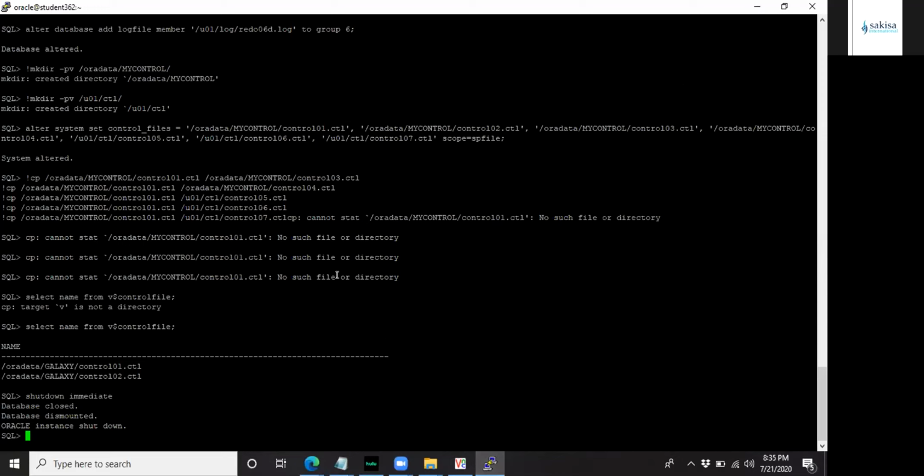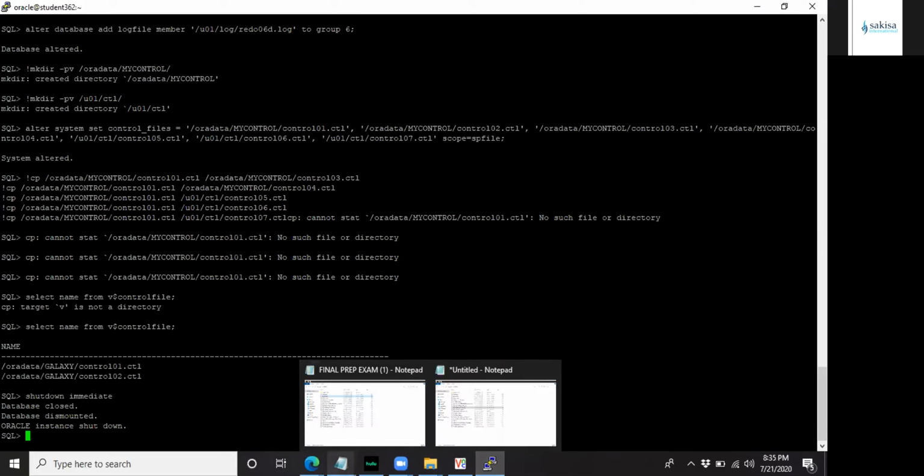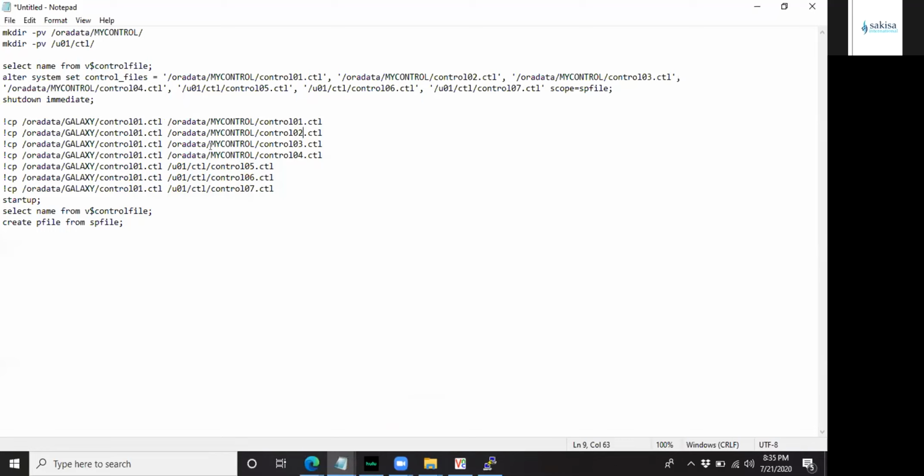Yeah. Okay. So I have a suggestion. On your script, can you bring your script back up for a sec? Sure. So for when you're copying, for control 1 and 2, can you just move it instead of copying it?